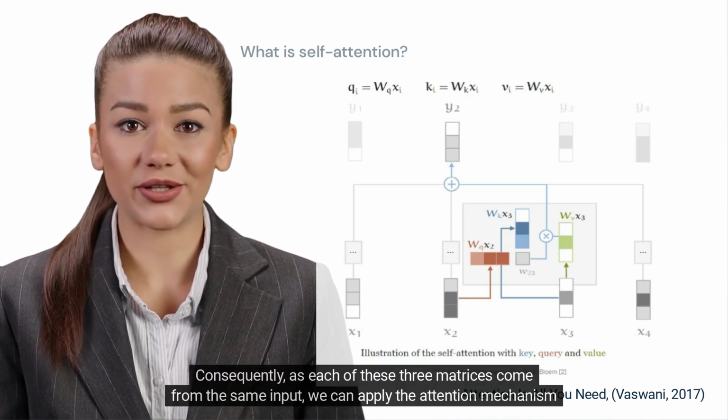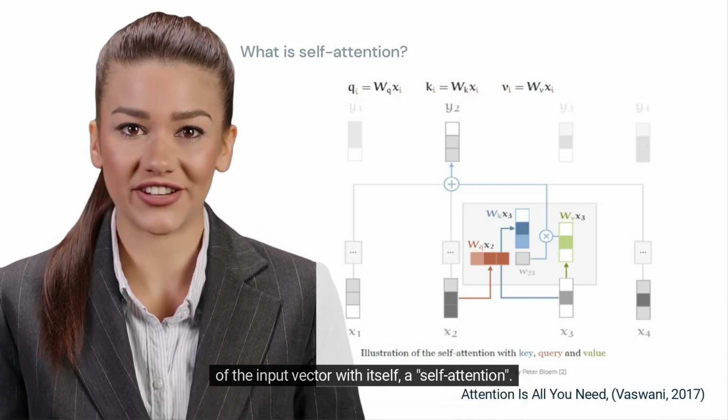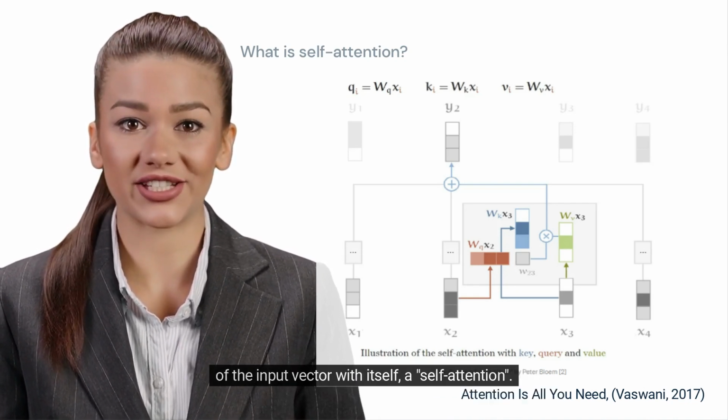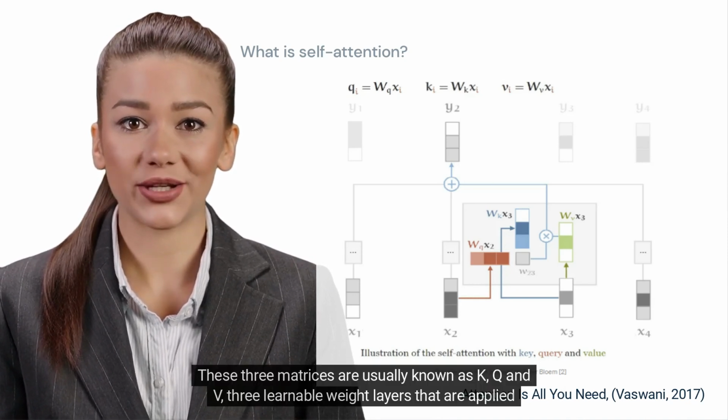Consequently, as each of these three matrices come from the same input, we can apply the attention mechanism of the input vector with itself, a self-attention. These three matrices are usually known as K, Q, and V, three learnable weight layers that are applied to the